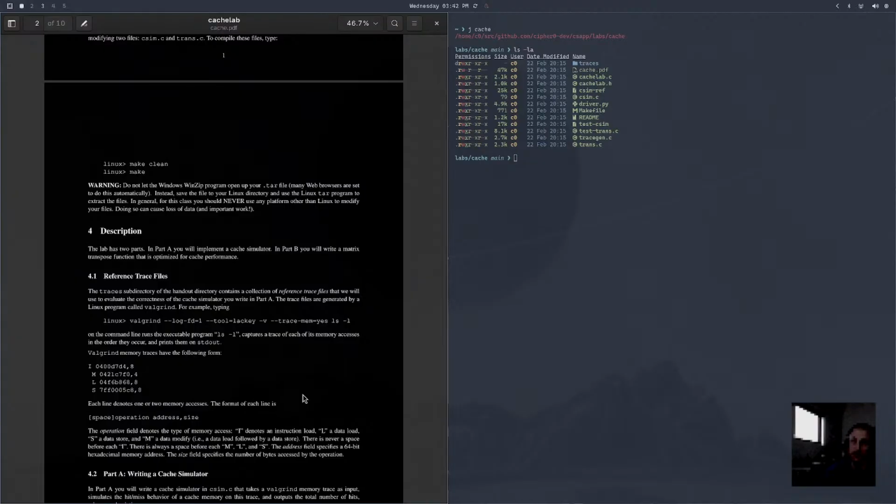Description. The lab has two parts. Part A, you will implement a cache simulator. Part B, you will write a matrix transpose function that is optimized for cache performance. Reference trace files. The traces subdirectory of the handout directory contains a collection of reference trace files that we will use to evaluate the correctness of the cache simulator you write in Part A. The trace files are generated by a Linux program called valgrind. For example, typing valgrind --log-fd=1 --tool=lackey -v --trace-mem=yes